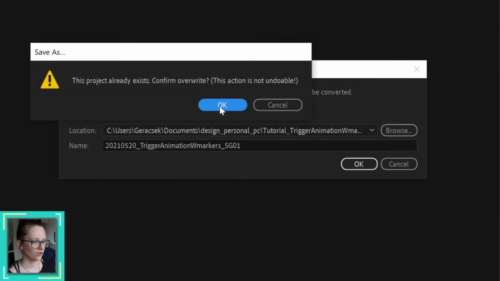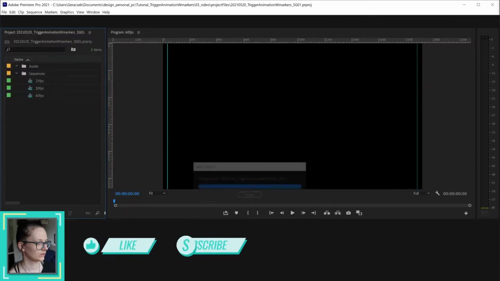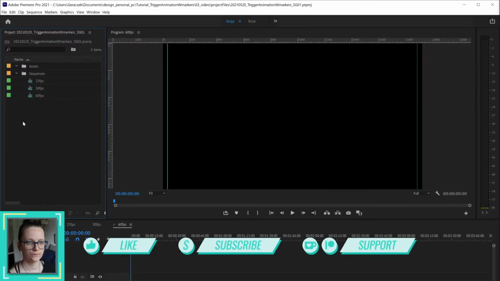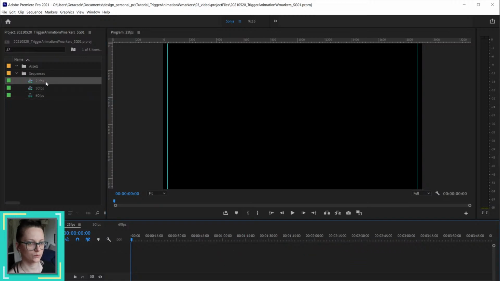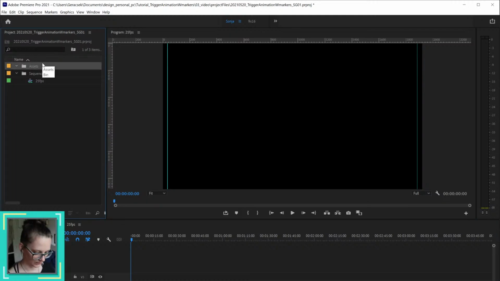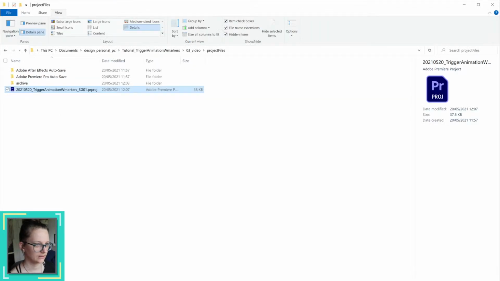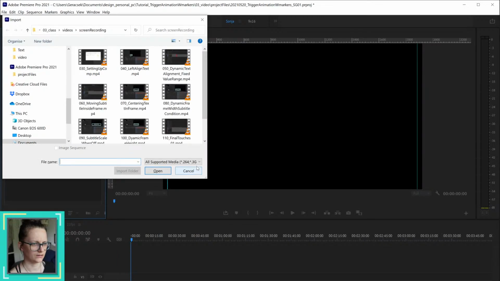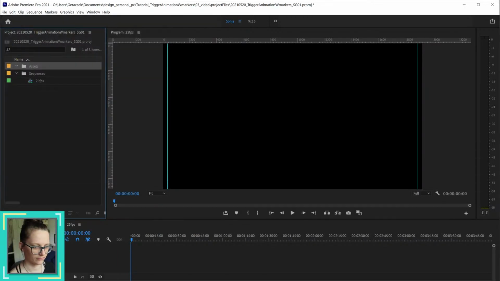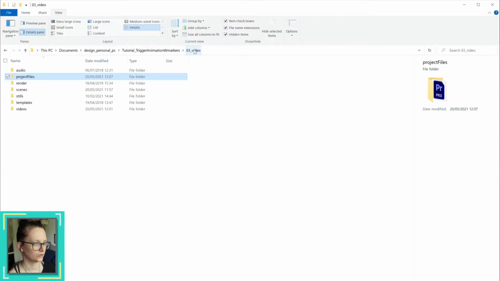So we're gonna overwrite that old file, and let's go into the large view. I have different sizes prepped here, and I'm working at 25 FPS, so I'm going to use that one. I'm going to remove this, and here in the assets I can hit Control I, same as in Illustrator and After Effects, but I can also just drag the file in, because now I have to navigate to that file. It's actually easier if I go to